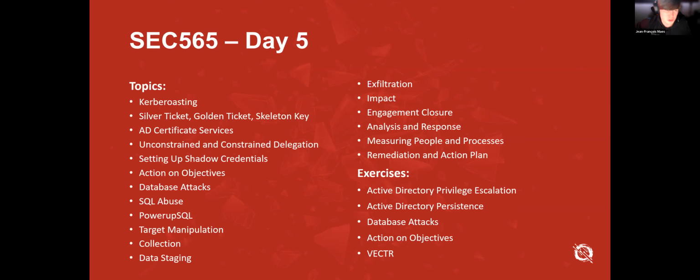We're also going to talk about shadow credentials, which is another quite recent technique that we have used to establish persistence and privilege escalation. We're also going to talk about database attacks, how you can use databases to get command execution, sometimes even hop domains or move laterally between boxes through a database link. We talk about PowerUpSQL, collection, data staging, and of course also how to write reports,